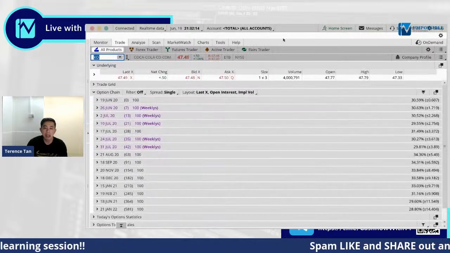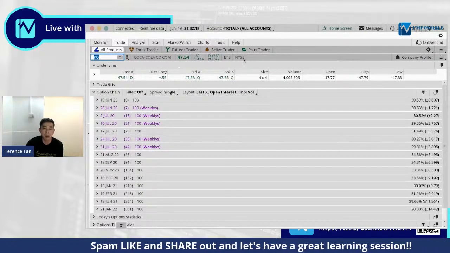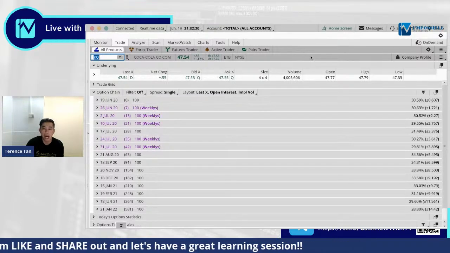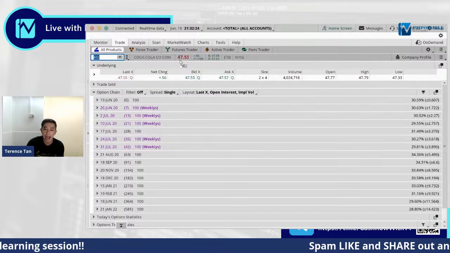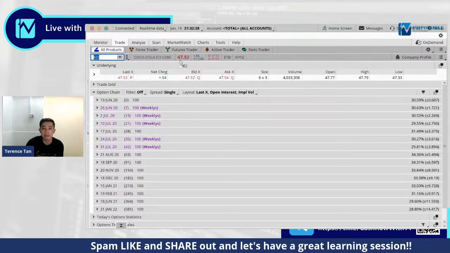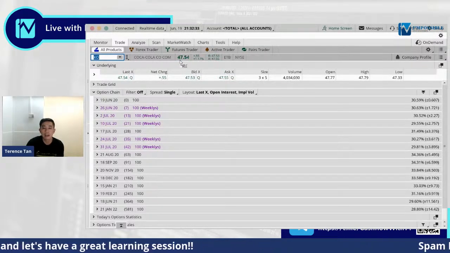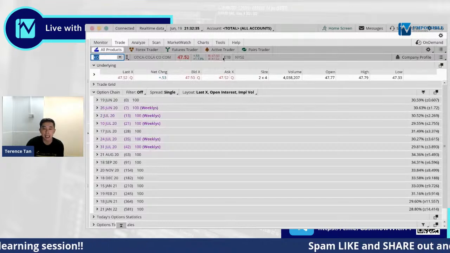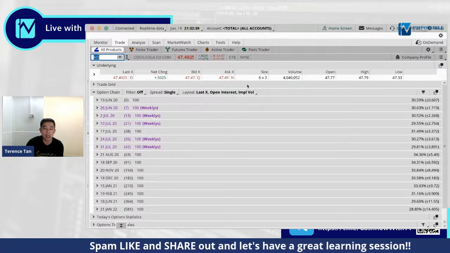Now, if Uncle Fu bought it over the last couple of months when Coca-Cola was $43, that means right now he's sitting on a profit of about $4.55 on Coca-Cola. So having said that, if he worries that in the next market sell-off, Coca-Cola may come down again, this is the time where you do some trade management.